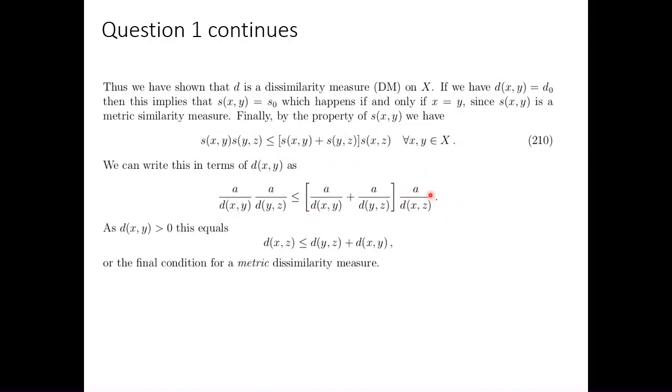This looks complicated, but all a's are positive, so a's cancel out. So you can actually write them as ones. That's not a problem. And if you multiply, how does this become this? It's not immediately obvious, but actually very simple. All of the d's are positive, so I can multiply both sides with dxy, dyz, and dxz, right? If I multiply with all three in the denominator, they cancel these two, you end up with dxz